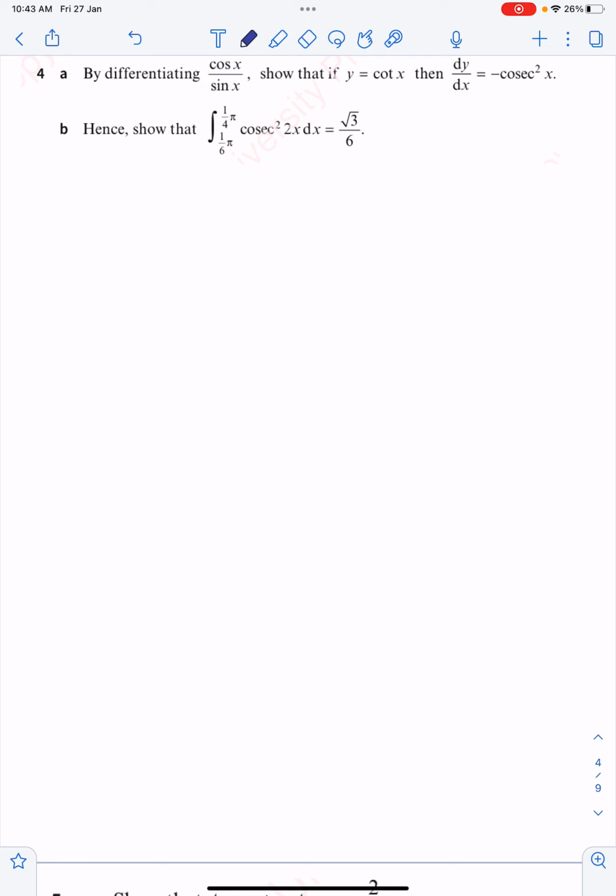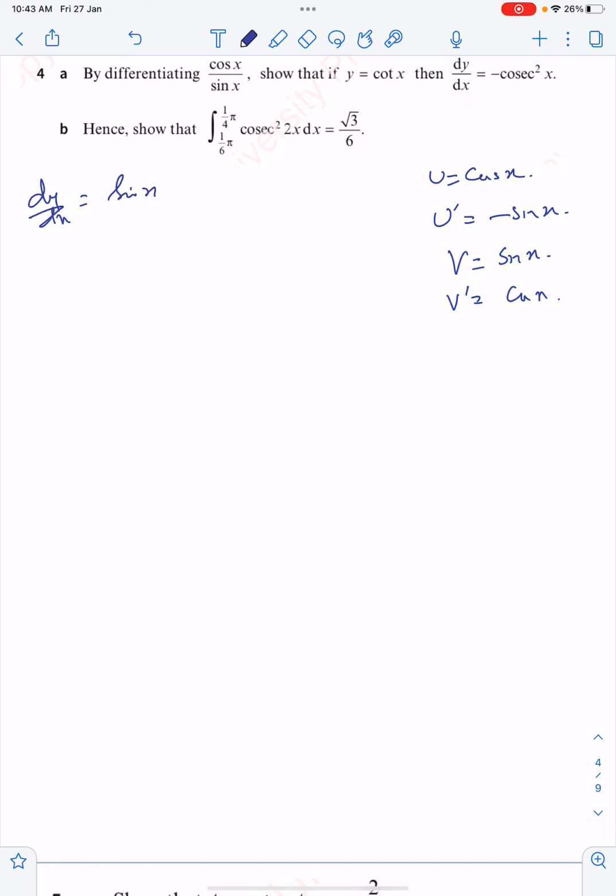Okay, if I take u as cos x, obviously I have to apply quotient law. So u dash is going to be differentiation of cos x, which is minus sin x. If v is sin x, differentiation of sin x is cos x. Okay, let's apply the formula. Dy by dx equals to v, which is sin x, times u dash, which is minus sin x, minus u, which is cos x, times differentiation of sin x, which is cos x,